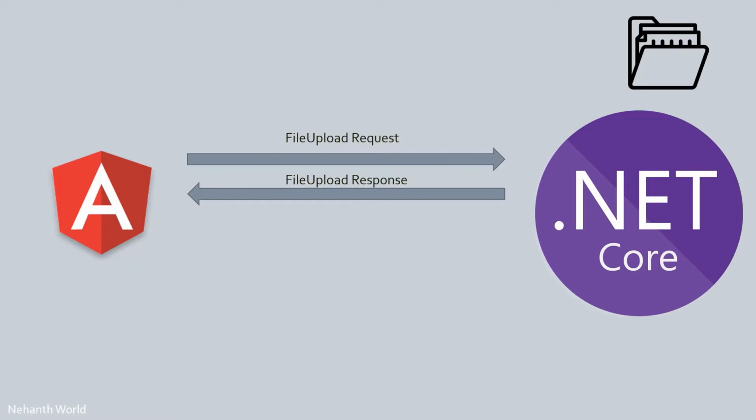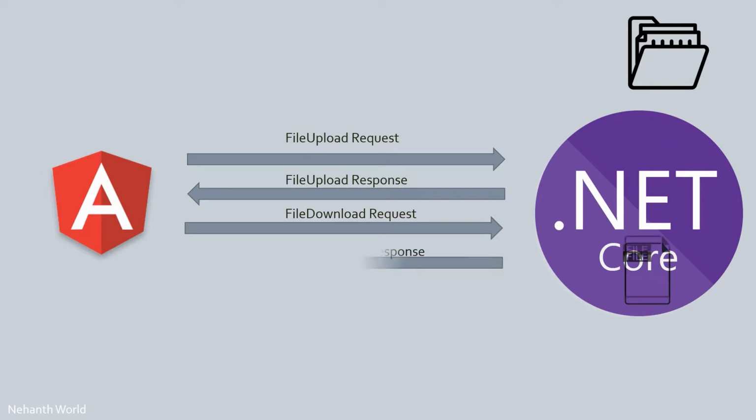After this, we will see all the uploaded files inside the Angular application. Then if you want to download a single file, you can click on the download option. That will submit the file download request to the .NET Core application. So this .NET Core application will receive that request and process it. While processing, it will get the file from the folder, then it will give that same file in the response to the Angular application. This is what we are going to see in this video.